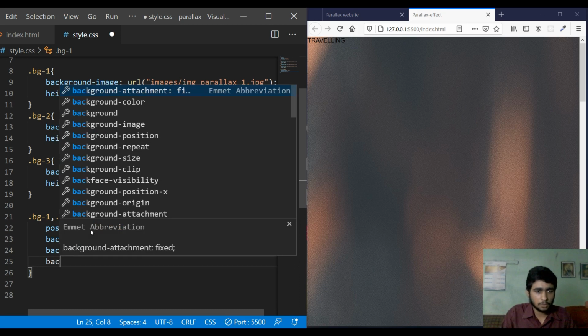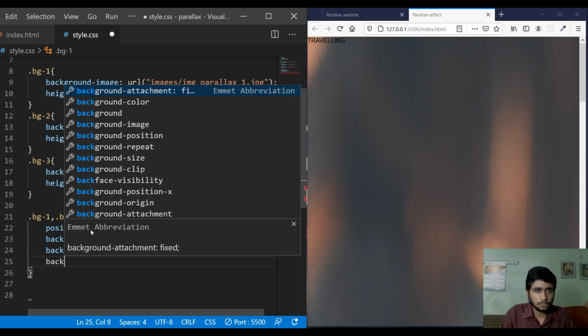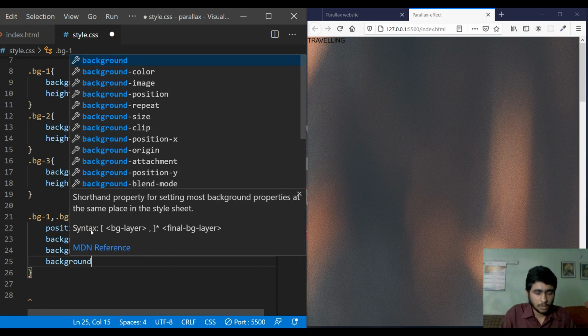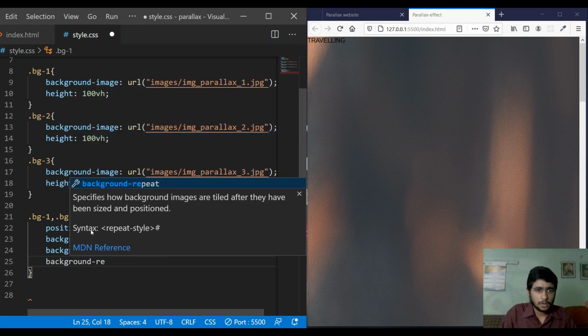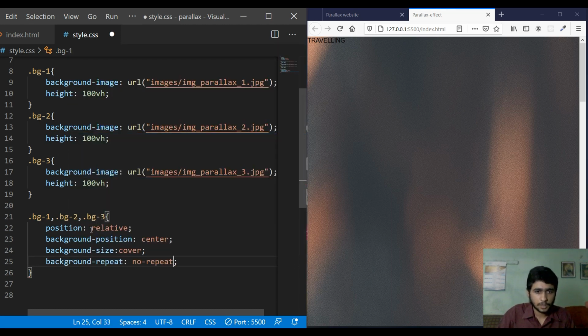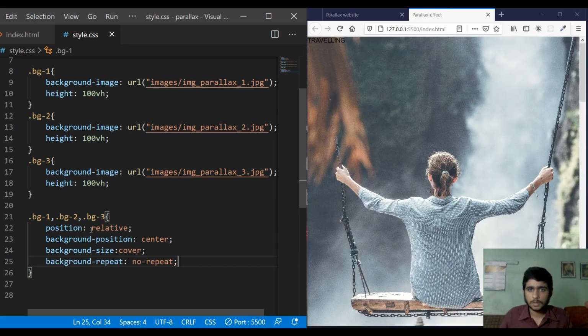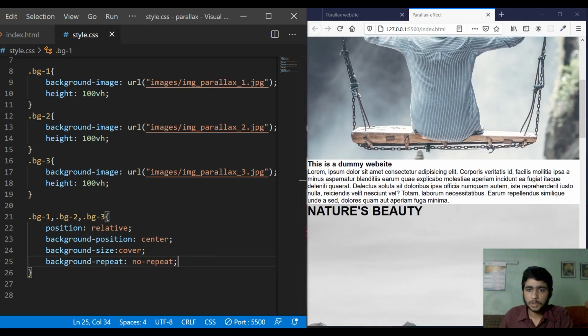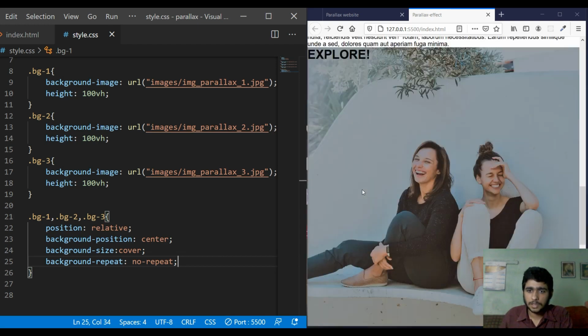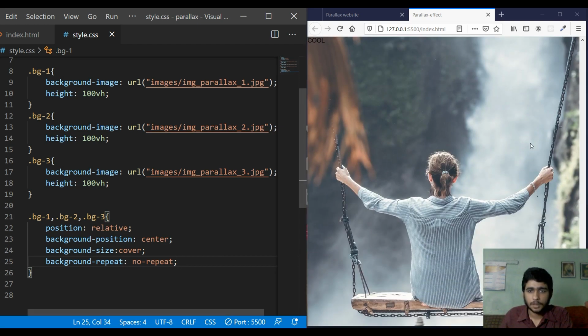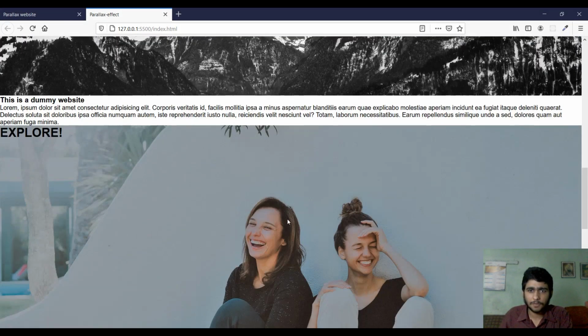and we don't want the background to repeat, so we are going to write background repeat, no repeat, and we can save this, and yes, the problem is solved. We can see the images here, it's perfect. So now what we are going to do here, we have a rough structure of